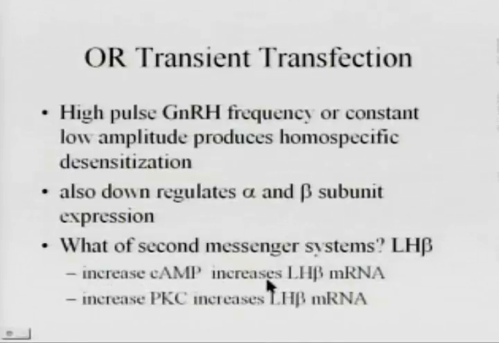Increased cyclic AMP increases the LH beta messenger RNA, and increased PKC also increases the LH beta messenger RNA. So it seems that the GnRH receptor may be driving LH beta expression through these two mechanisms. And we end our discussion